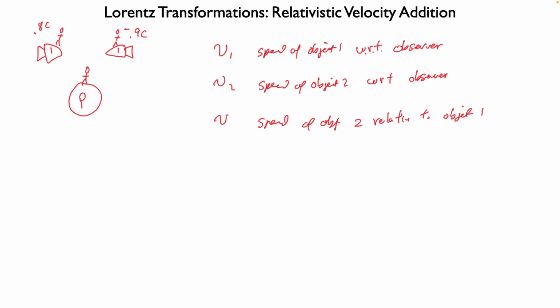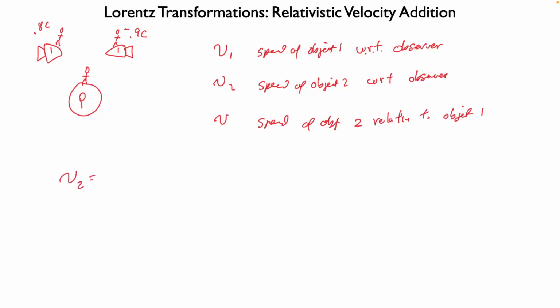In the book, they will have the same definitions. They'll say speed of object relative to observer, but they'll use u and u prime, sometimes u1 and u2. It just kind of gets crazy, especially when you're not used to the language of the Lorentz transform. So this is why I fall back just on v's. V is velocity, right? And we'll just label them with subscripts and we'll be fine. We don't have to worry about primes or anything else. Okay, with those definitions out of the way,